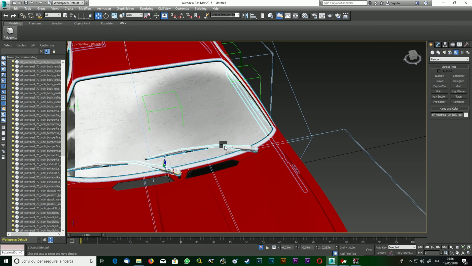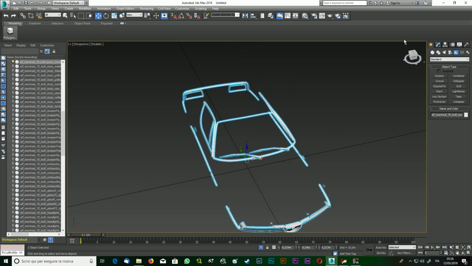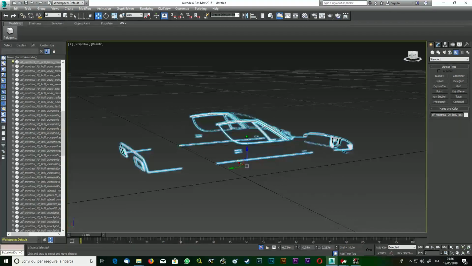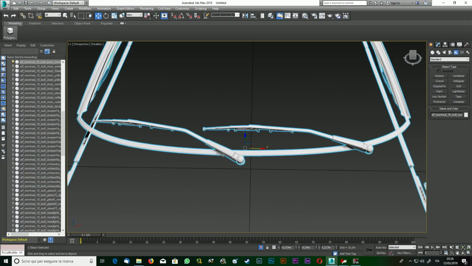So we isolate this big object, isolate selection, as you can see, all together. So we need to detach the two wipers